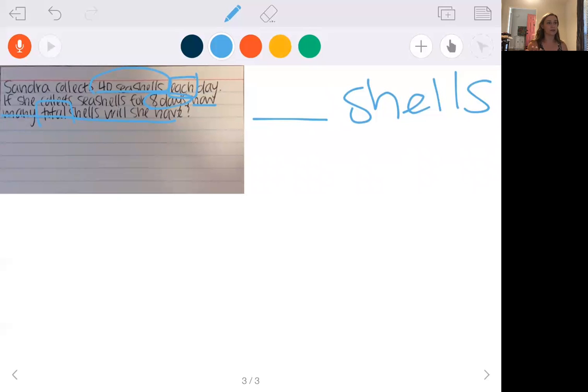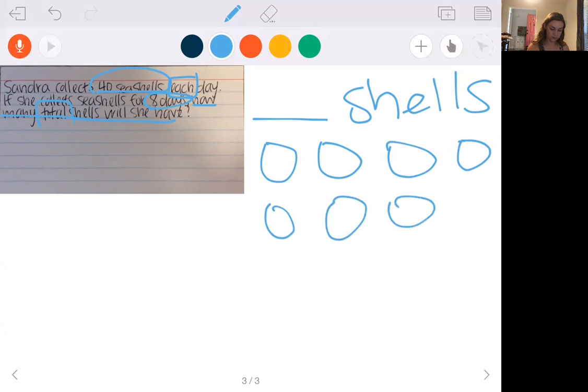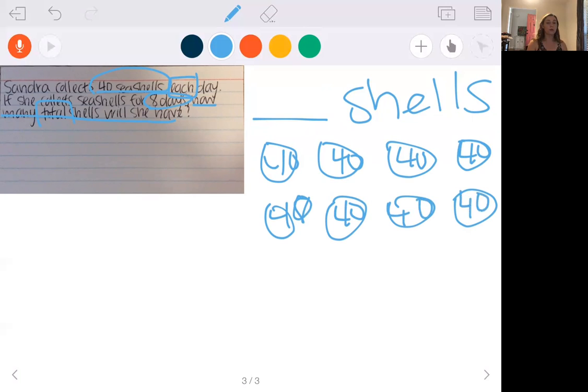If I were to draw this out as a picture, I could make each circle represent 1 day, 5, 6, 7, 8, and on each day, she got 40 shells. So I can go through and put 40 in each of my little days. Well, that takes a whole bunch of work, and I'm not trying to count that much. So I'm trying to do this the easiest way that I can possibly manage. When I write my equation, it's going to look something like 40